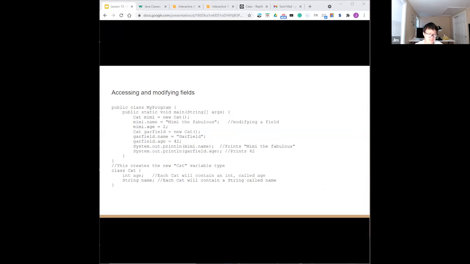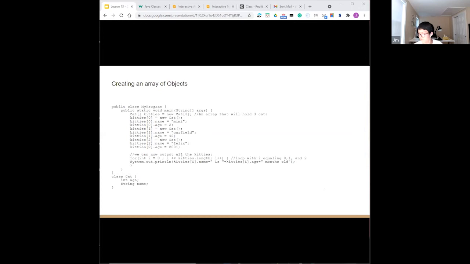System.out.println(Mimi.name). And if I had modified it to Bob, Mimi.name equals "Bob", when you print it, it's going to say Bob because you just modified it. So pretty straightforward in the beginning, right? And so we have more code on this slide, but